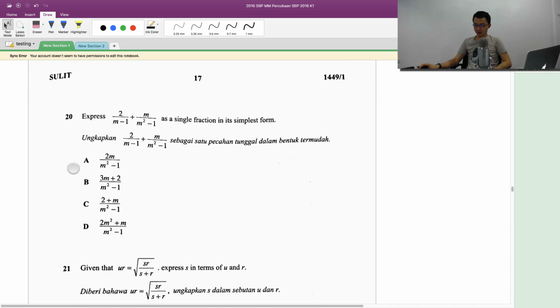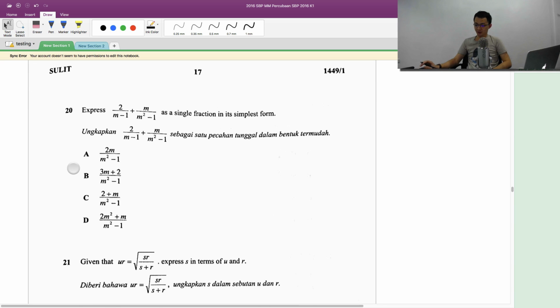Alright, so this one is sort of the same thing. So of course you have to know m squared minus 1. Basically is m squared minus 1 squared. This one is m plus 1, m minus 1. Alright, so you have to know this one. Because what I want to do here is